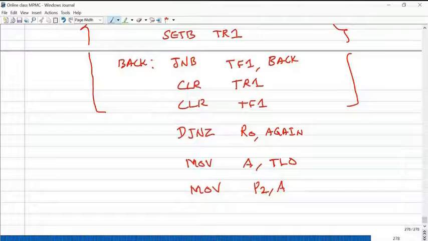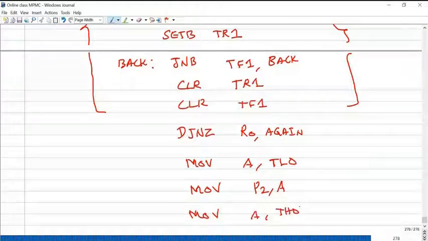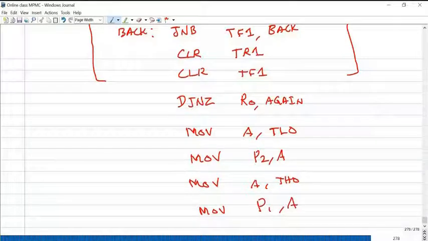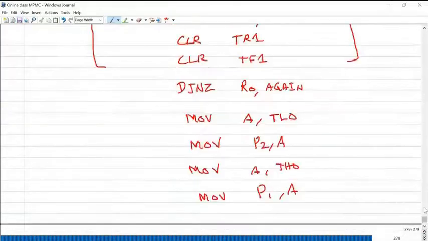Say, for example, I'm taking port 2. Similarly, whatever value is available in TH0 will be loaded into some other port. Move P1 comma A. Okay. So this is the program for 1 second, how many pulses reach the microcontroller.